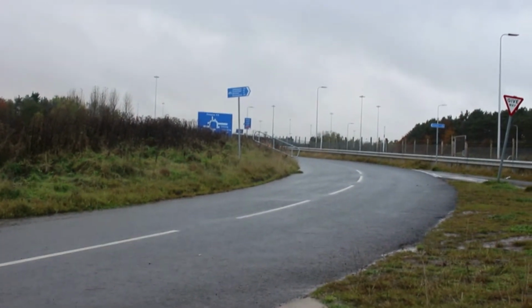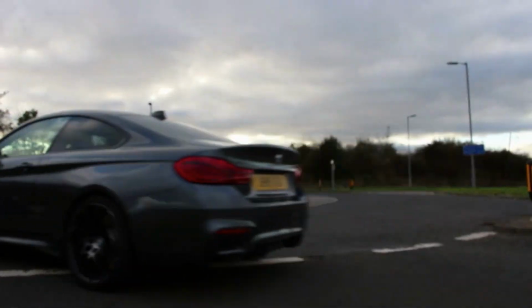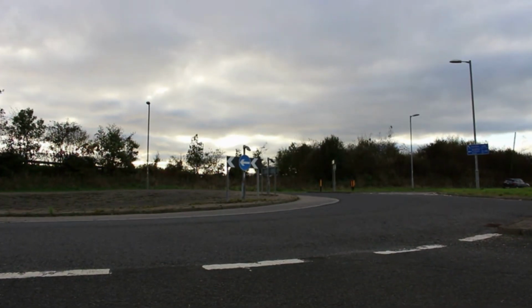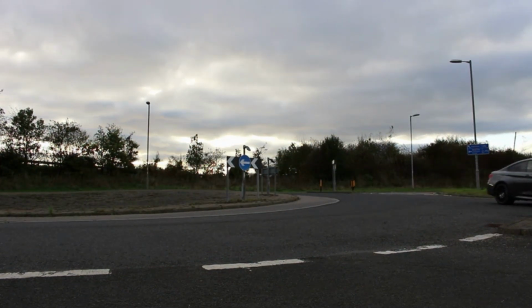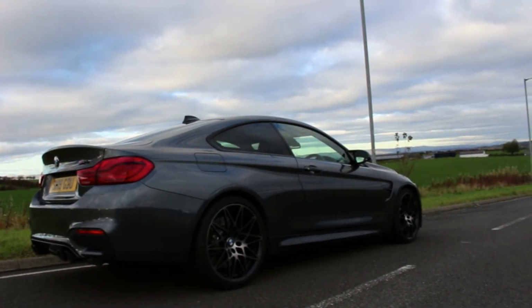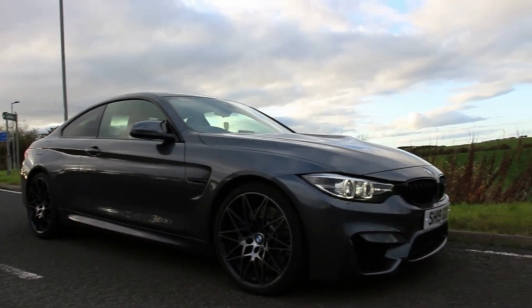first three gears. The twin clutch gearbox is a very effective transmission, but at times it can be juddering, especially at low speeds between first and second gear. It can provide unwanted vibrations through the car's cabin. However, you can also take control by flicking through the paddles behind the steering wheel to overcome some of this juddering. So with 444 brake horsepower, the M4 Competition rivals cars such as the Mercedes-AMG C63 Saloon Coupe, where it